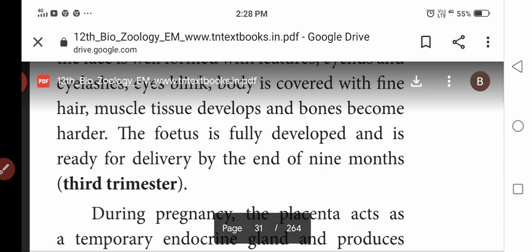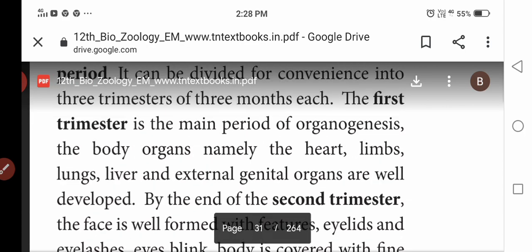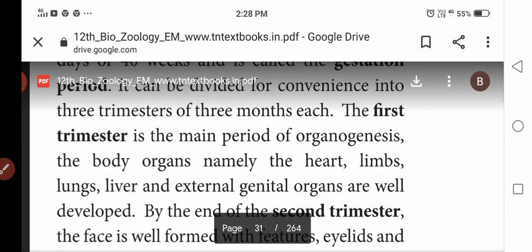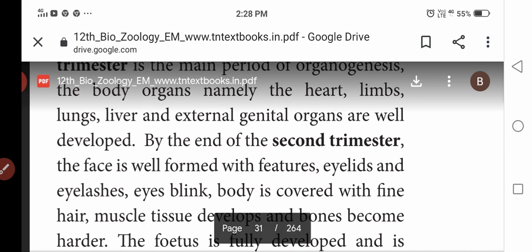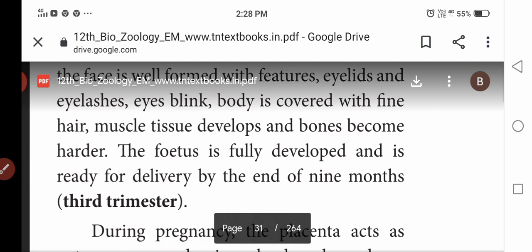So for our convenience, the pregnancy period can be divided into 3. First trimester, organogenesis follows. Second trimester, the facial features, eyes, lashes, brows, body muscle tissues will be developed, bones are hardened. So that